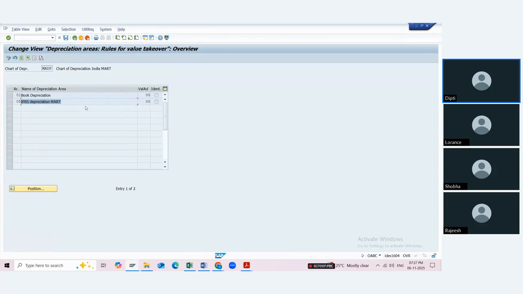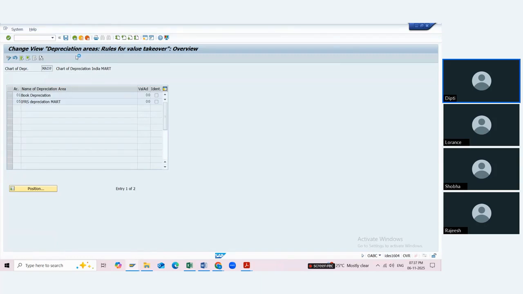For that, you then have to give it as per 01 and 05. And then you have to select this identical option. Means for those two, we want the system to follow 01 for the next new depreciation area of parallel currency. And as per 05, it should be the same like that. So then only you will select identical for those two, otherwise not required.